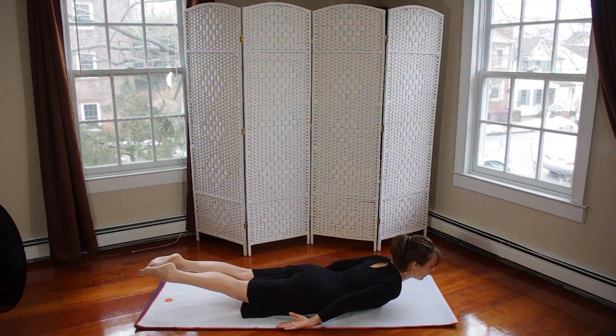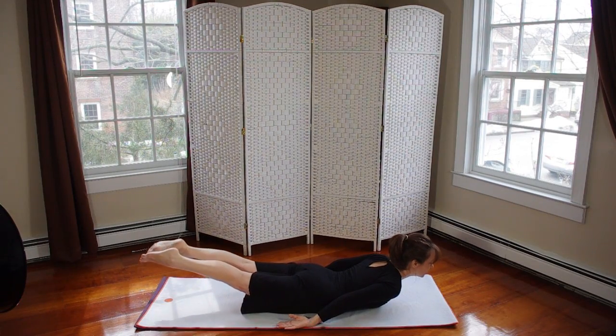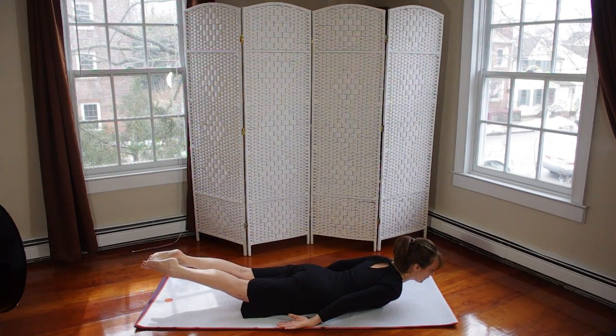So here the important thing is relax the shoulders. The forward part of the body is leading with the chest. There is no tension or strain in the neck or face. The legs are together and engaged. The only thing on the floor is the belly. And it may be uncomfortable at first, but if you're breathing,